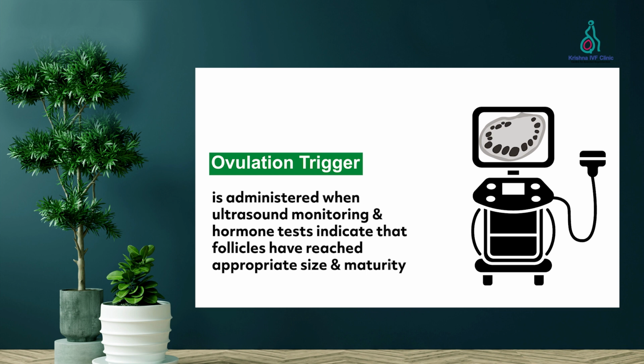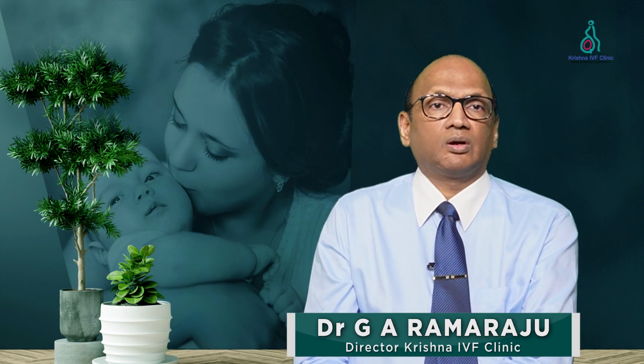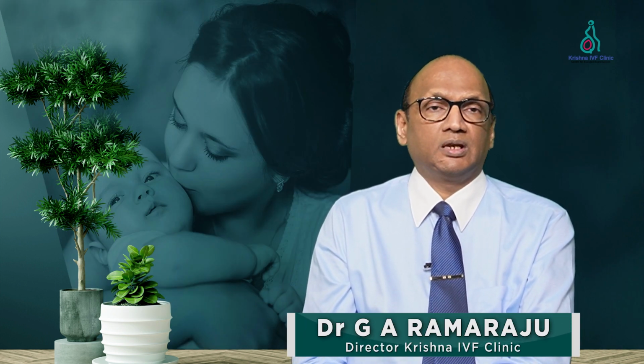When is the ovulation trigger administered during IVF treatment? This ovulation trigger is typically administered when ultrasound monitoring and hormone tests, including estradiol levels, have reached an appropriate size and maturity. This appropriate size is around 18 millimeters, which varies from clinic to clinic by plus or minus 1